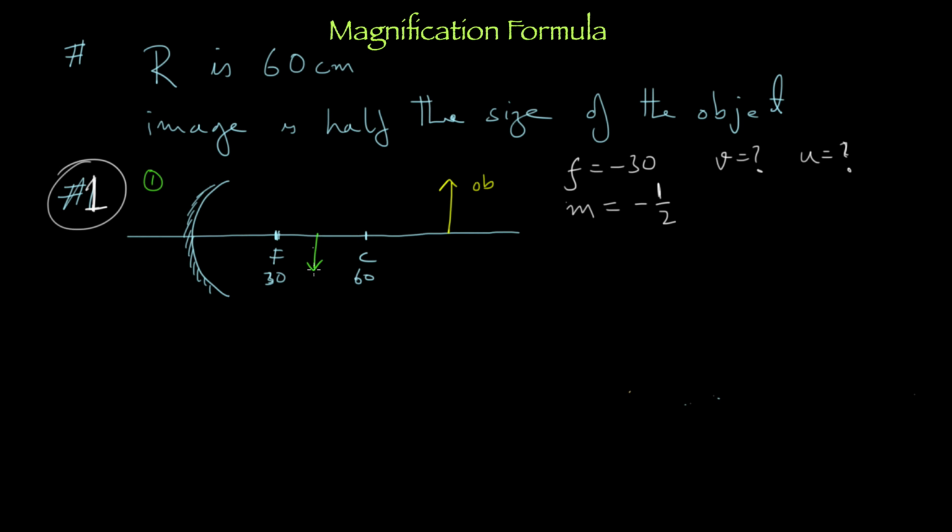Guess an answer. So what's the answer? My u should be coming between 30 and 60 and should be negative. My v should be coming where? Oh, sorry, I'm very sorry. My u should be coming beyond 60, more than 60, and should be negative. And what can I guess about v? It should be between 30 and 60 and should be negative. These are my guesses.